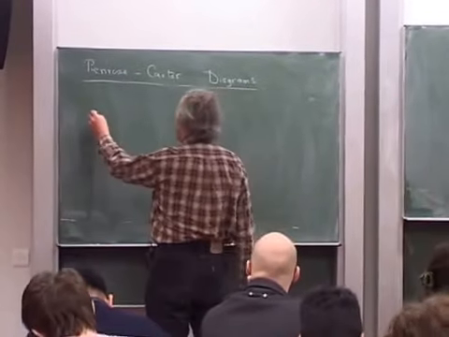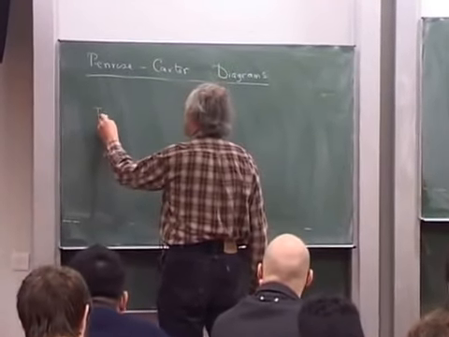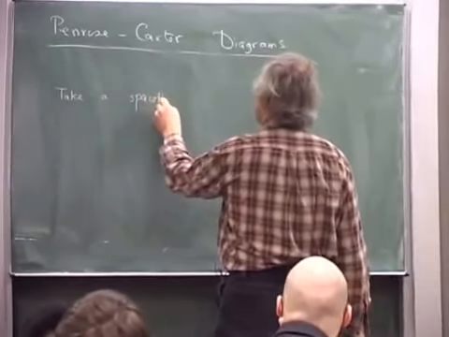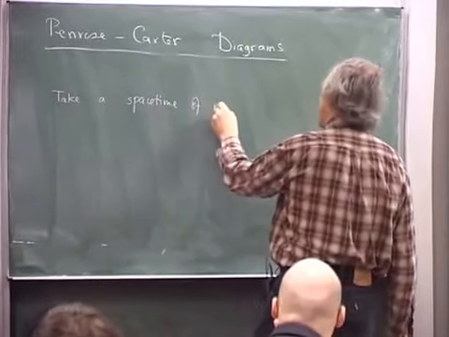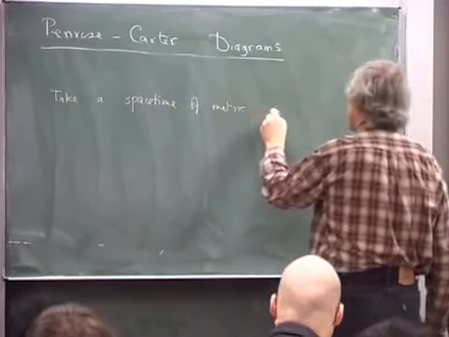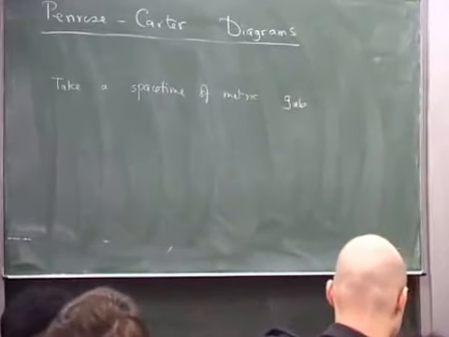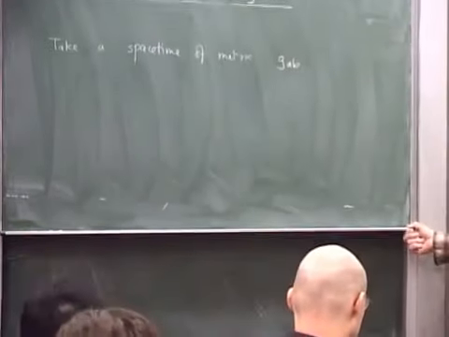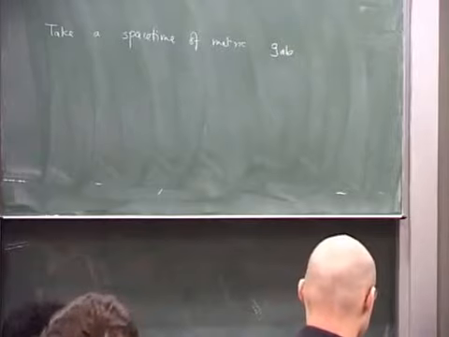And that is, if you take a space-time with metric g, you can always discover a new space-time with a related metric, a so-called conformally related metric,